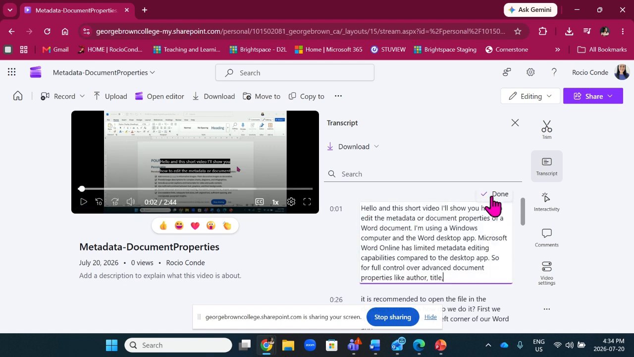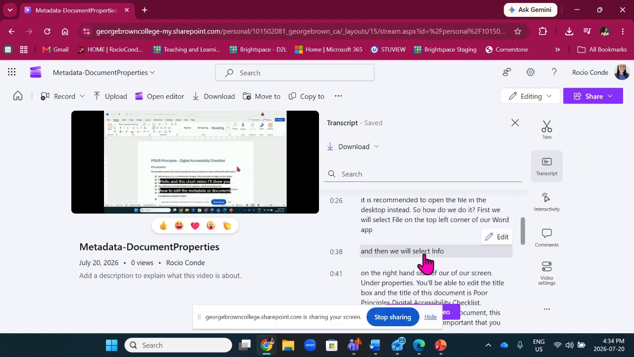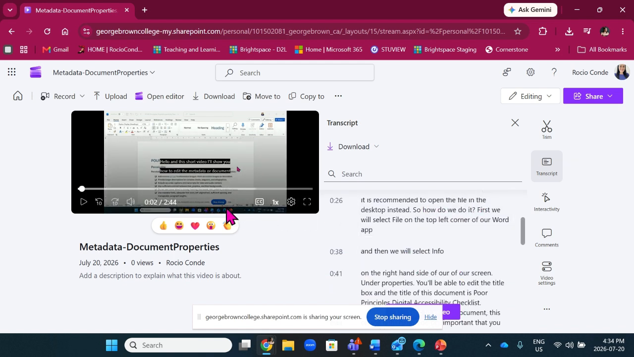So I see the first mistake here: "hello and this short video." What I meant there was "hello in this short video." "I'll show you how to edit the metadata or document properties of a Word document." That's fine. You can click on done, and you can continue scrolling down through the transcript, which also will create